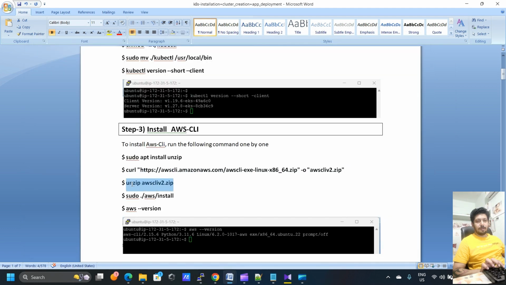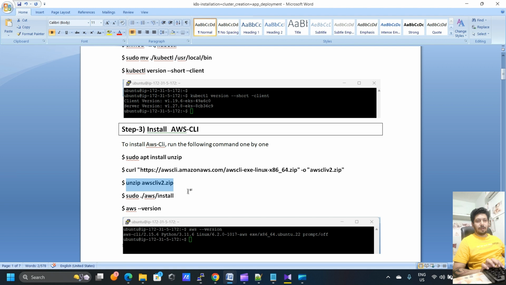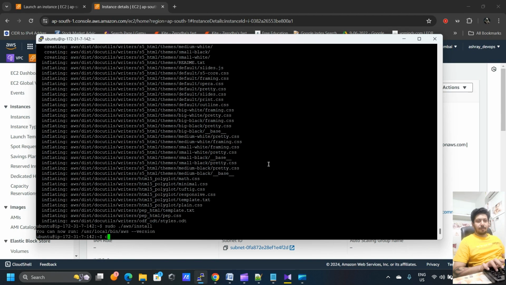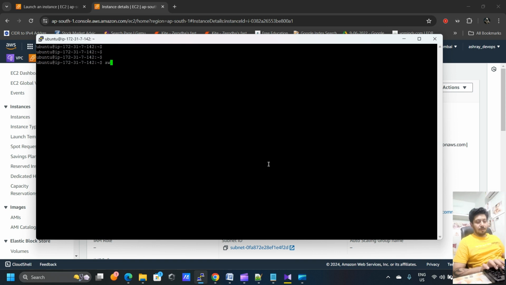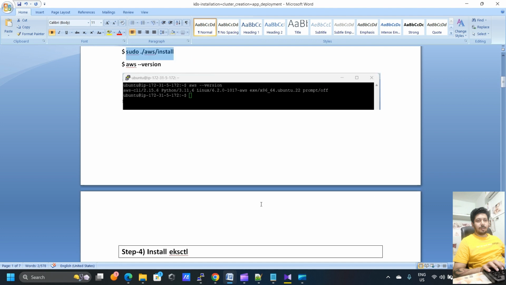Now I will unzip it. Now what we will do is install the command line. So now we are good to run the version. Let's check it. So yeah, AWS CLI version 2 is currently installed. So we will just go on to our next step,